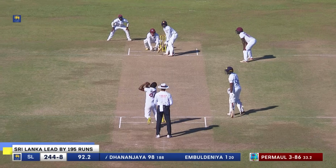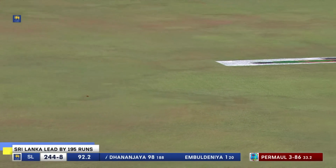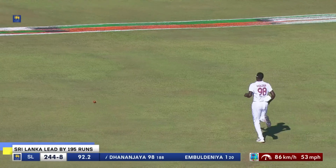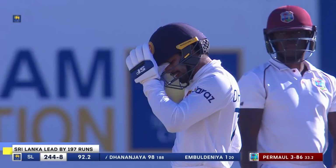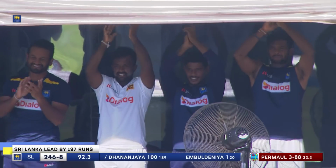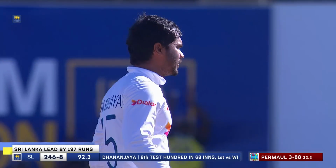Good start. Good start. Wants two, and we'll get it. That's a sensational 100 for Dhananjaya De Silva. His 8th in his career, his first at Galle. And a very important innings,